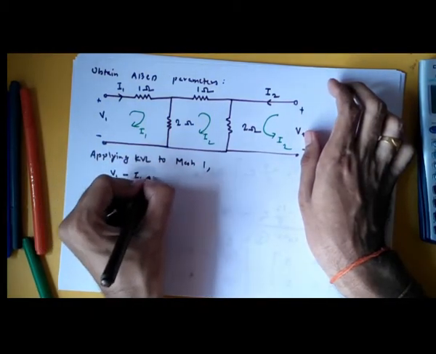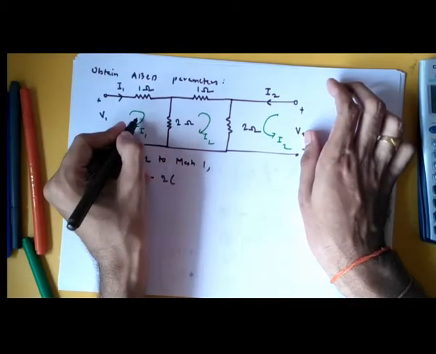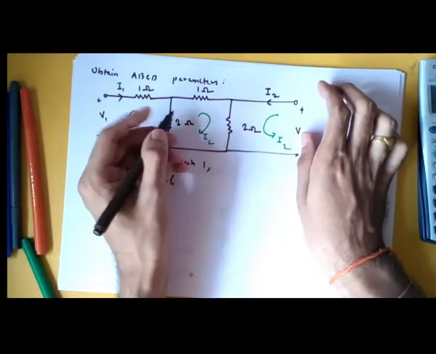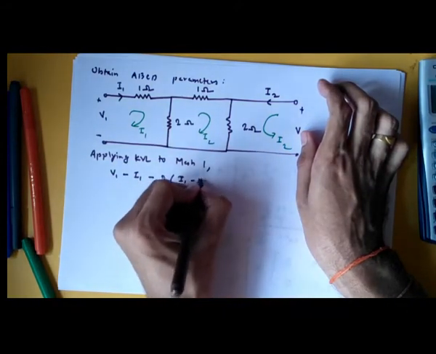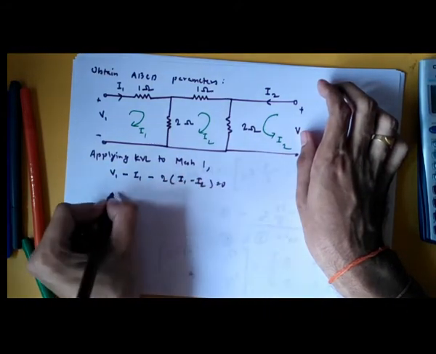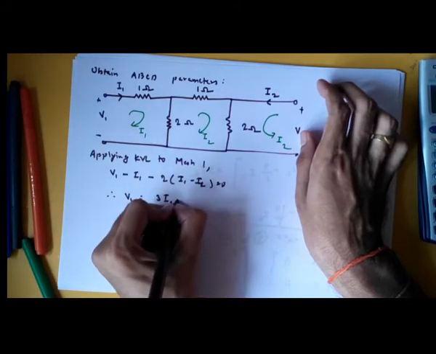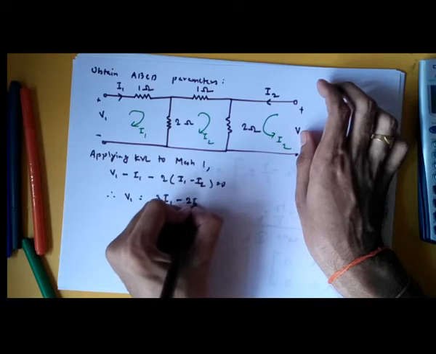V1 minus I1 minus 2 times, what will it be now, I1 plus I2 or I1 minus I2? This is going downwards, this is going upwards, right? So I1 minus I2 equal to 0. So therefore V1 equal to 3I1 minus 2I2,